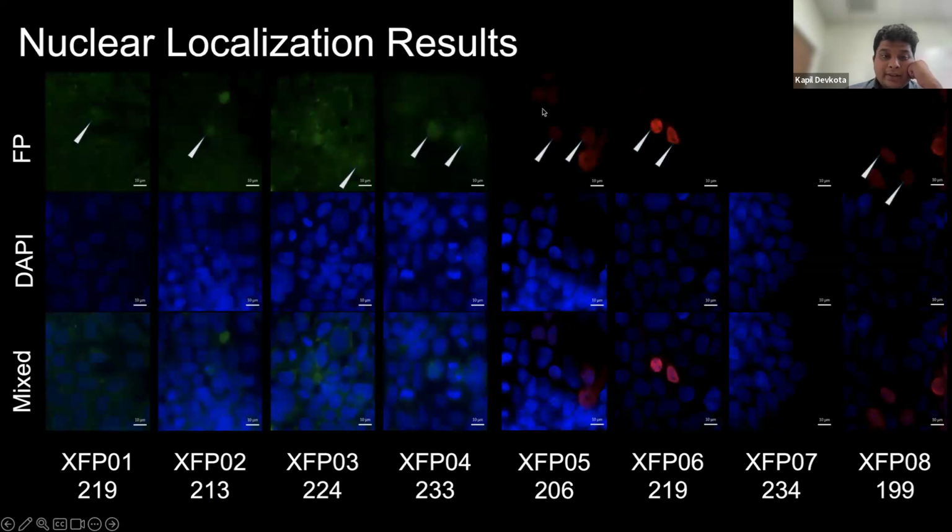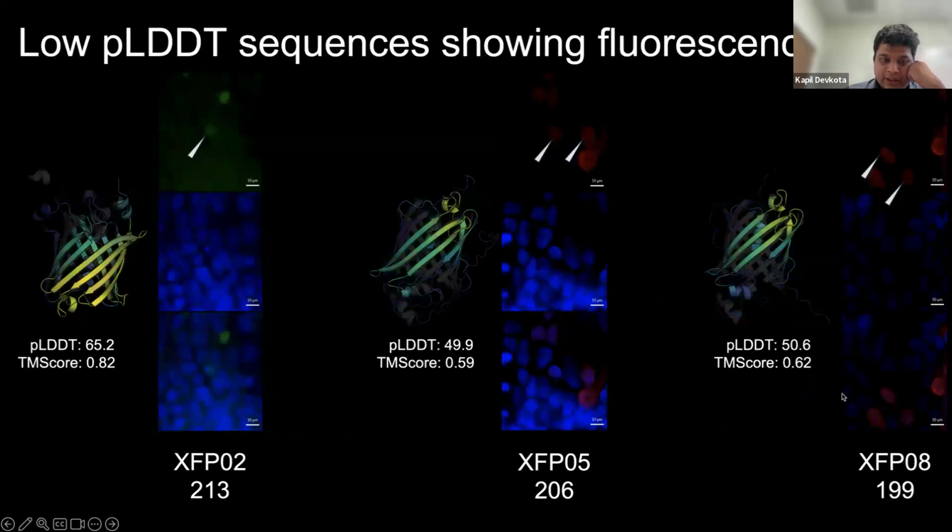We found that out of 8 candidates, only one did not show fluorescence, and all of the others, even the candidates that did not have the original chromophore, actually fluoresce. So these are candidates that pLDDT showed to have very bad alignment and very bad scores, but still they